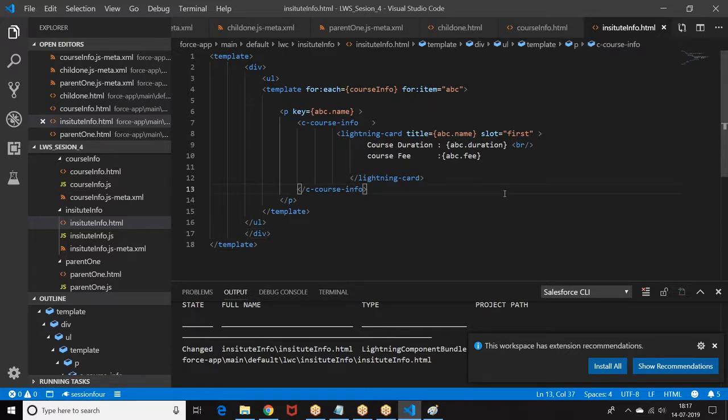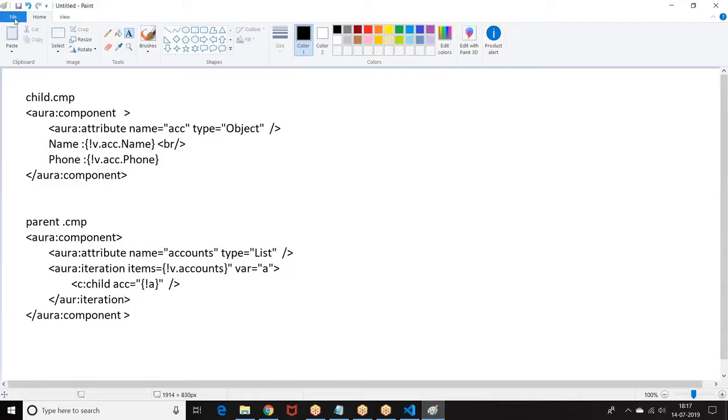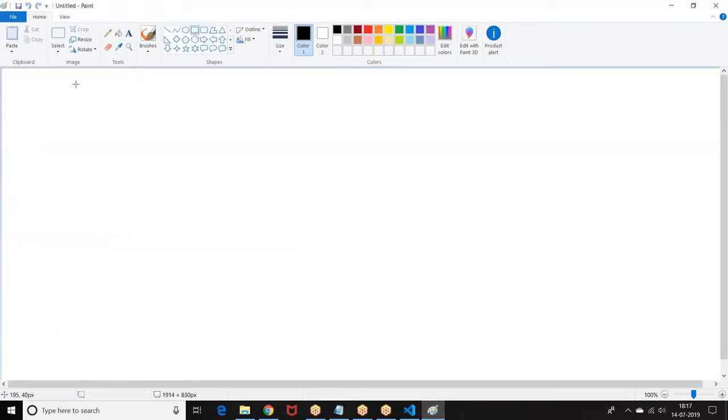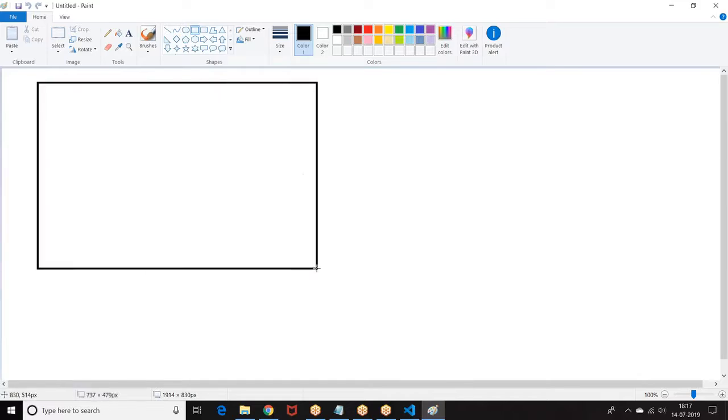I think the business use case will be that by using the same child component, different parents can change the way the data is presented to the end user. Now the top template should be the same. Now look at this. I want to print the data. When I'm printing the data, this structure I don't want to change.